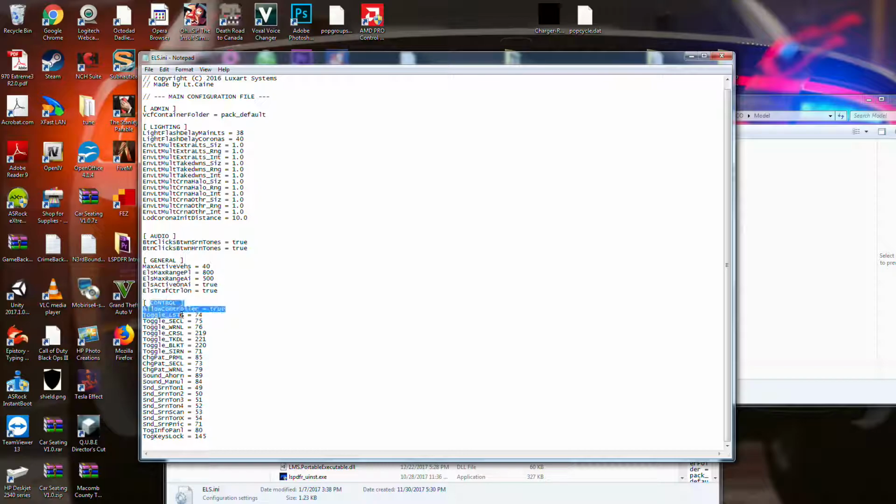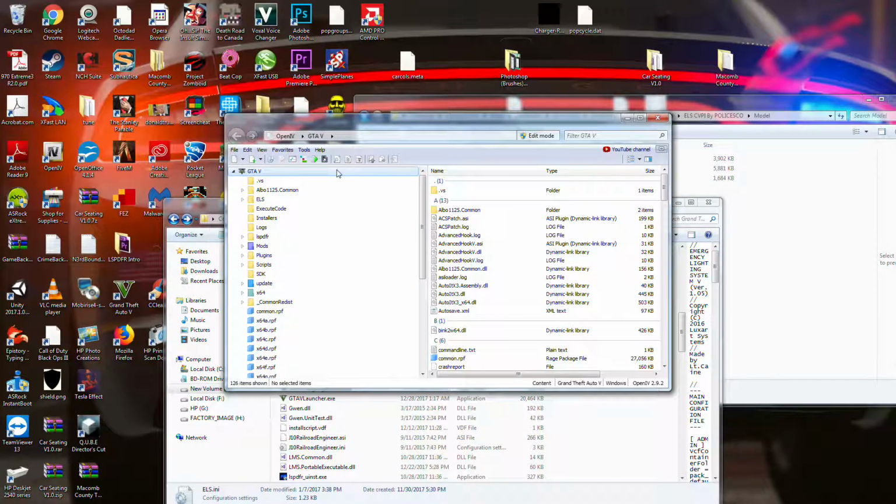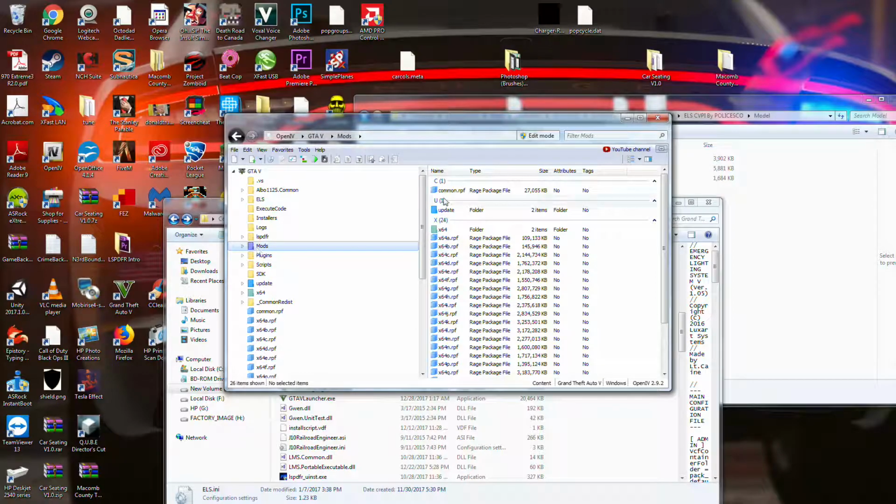And then it goes to the controls, which basically tell you, like, toggle info panel equals 80. Now, if I'm correct, that is Microsoft's numbering. So if you look it up at Microsoft, it should tell you what number 80 equals in the keys. But for now, I'm going to go ahead and open mods, update,